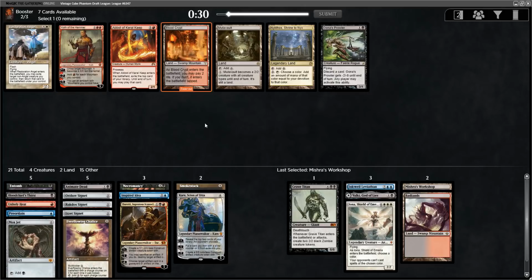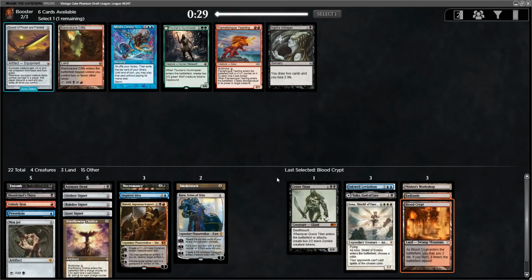Okay, at least we did wheel a Blood Crypt then. So I had to pass the Underground Sea, but we get a secondary piece of fixing. There goes Una's Prowler, which... I mean, now it looks like we are leaning into a heavier reanimate deck, but...